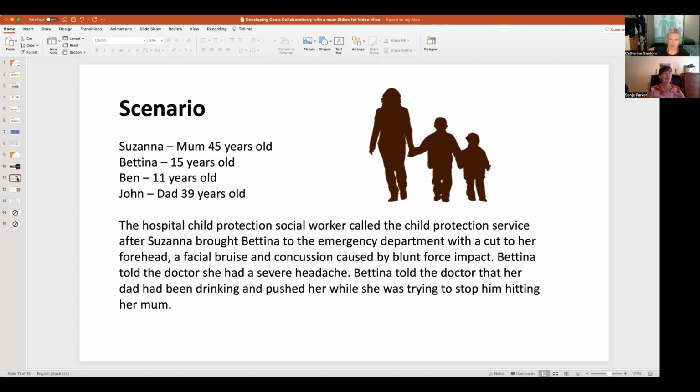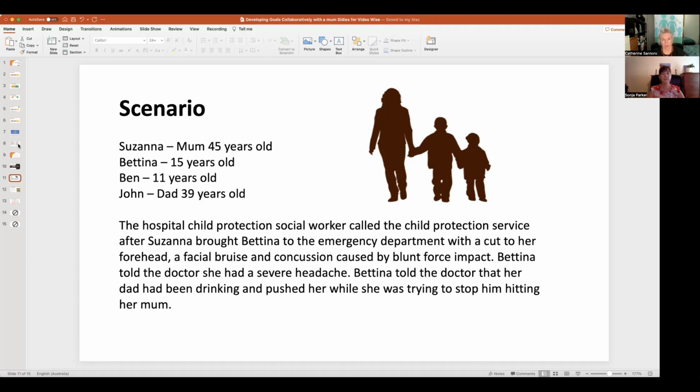She's got a 15-year-old daughter, Bettina, an 11-year-old son, Ben, and their dad is John, who is 39 years old. The hospital child protection worker called Child Protection Services after Susanna brought Bettina to the emergency department with a cut to her forehead, a facial bruise and concussion caused by blunt force impact. Bettina told the doctor she had a severe headache, and that her dad had been drinking and pushed her while she was trying to stop him